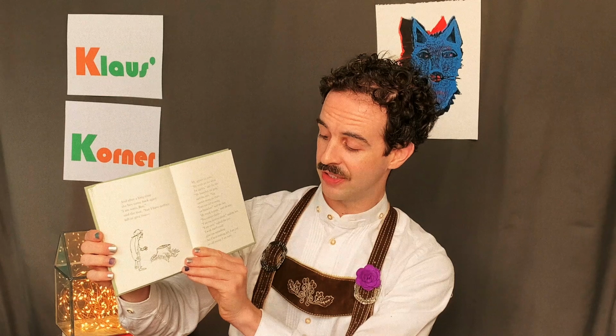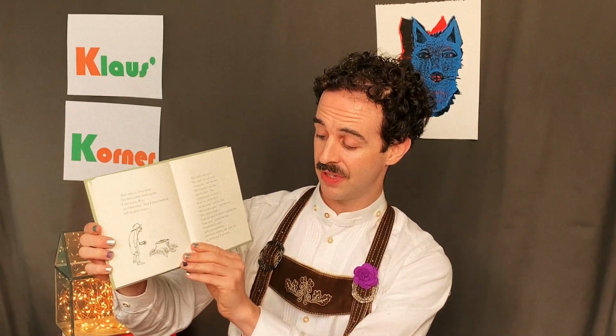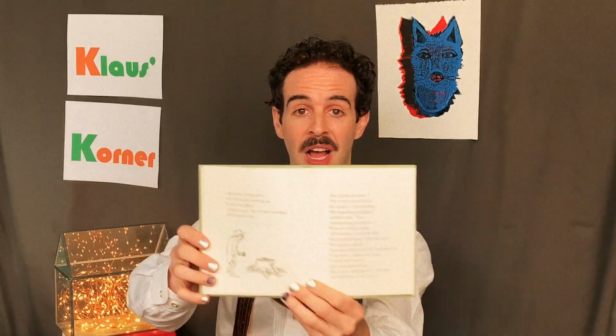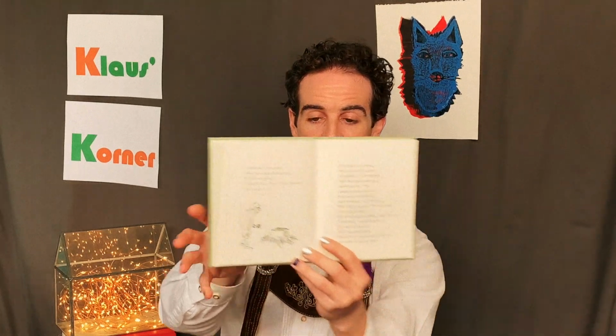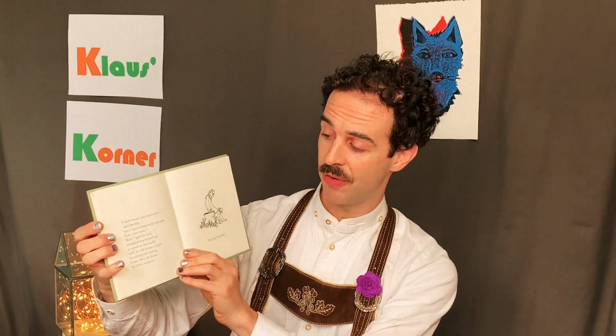"I am sorry," said the tree. "I wish that I could give you something, but I have nothing left. I am just an old stump." "I don't need very much now," said the boy. "Just a quiet place to sit and rest. I am very tired." "Well," said the tree,